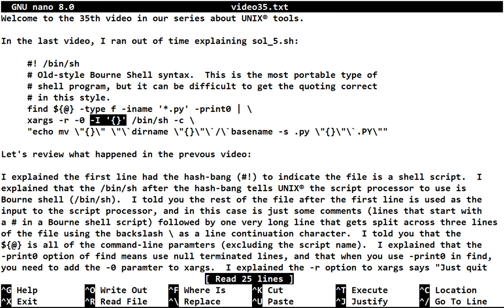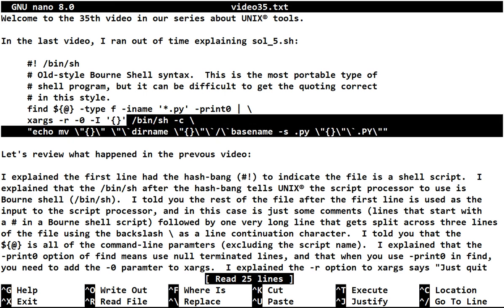This says that sequence, left curly brace, right curly brace, is going to contain the file name from find, and we're going to do one file at a time. We're going to take the first file and then do the rest of this. Then we're going to take the second file and do it again, and the third file and do it again,